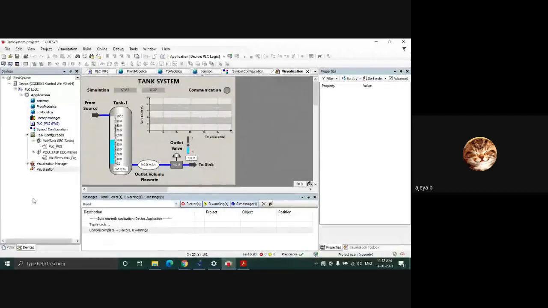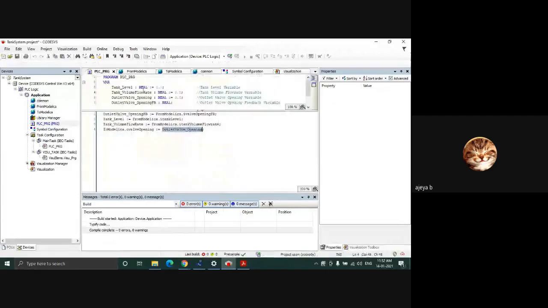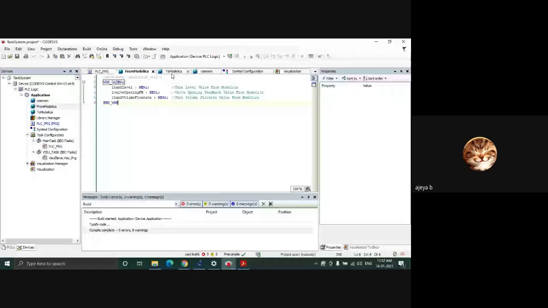This has a PLC program and local variables which are used to display in the visualization, and these are linked to the global variables from Modelica, which are being written and read by the OPC server,